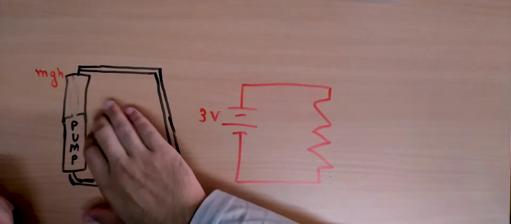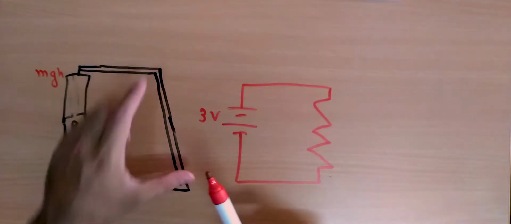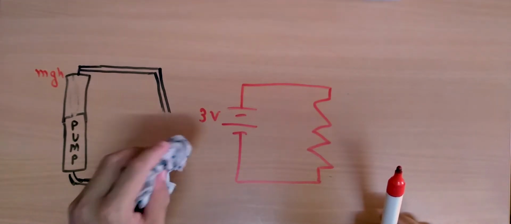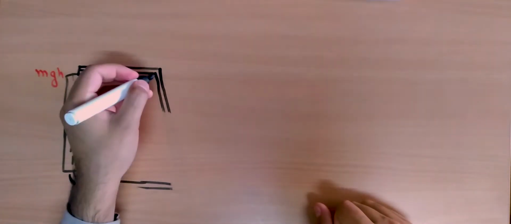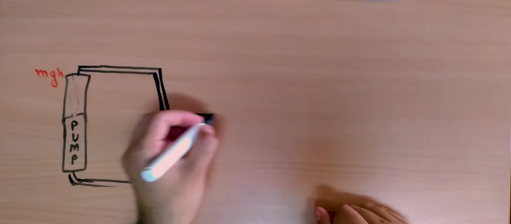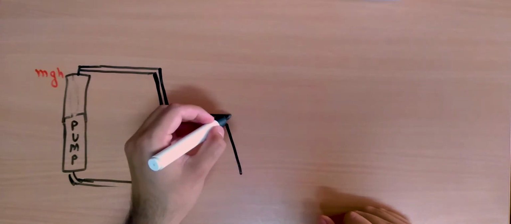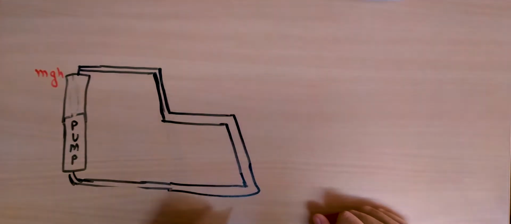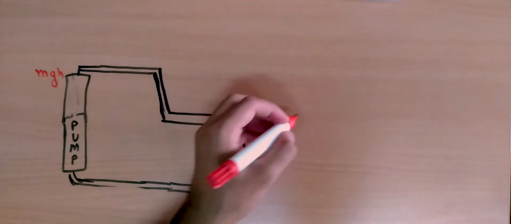Now if we have a look at this case, we can have one large pipe across which all the energy is lost. Or what we can do is, let's say I remove this section of the pipe. Let me just shift the diagram slightly. So I can have this section of the pipe, and let's say I have some pipe that is parallel to the ground, and then again another section of the pipe that goes down, and I can have this kind of an arrangement. But an equivalent diagram of this in terms of electricity would be again a battery here,